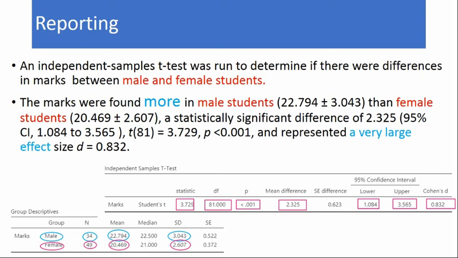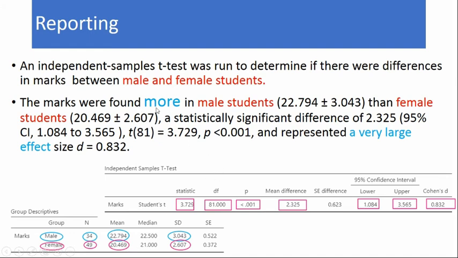Reporting. How will we report our findings? These are the two main tables. How will we report? An independent sample t-test was run to determine if there were differences in marks between male and female students. Yes, marks were found to be more for the male group, 22.794, than for the female group, 20.469.